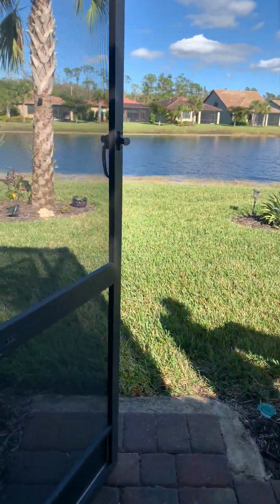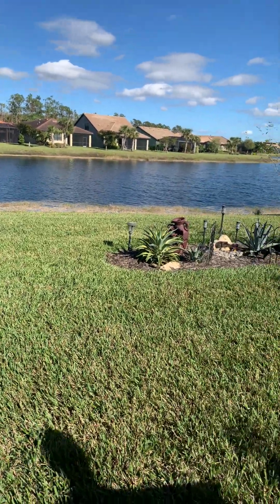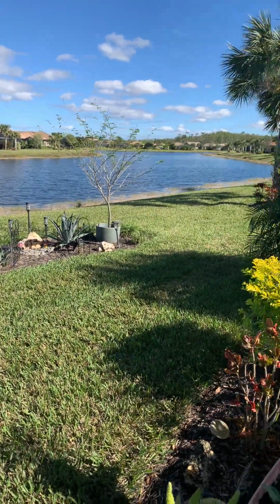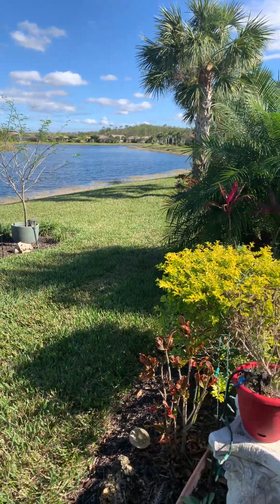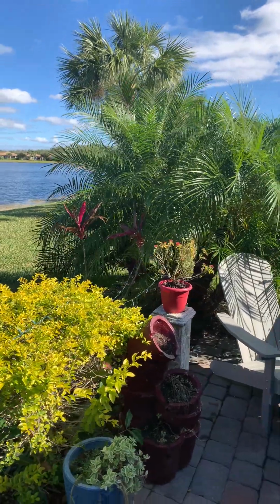Oh wow. What a beautiful day we have outside here today. It was 59 degrees this morning, but that's fine. It'll warm up to the 70 or 80s today. And look at this beautiful view. And as you can see,